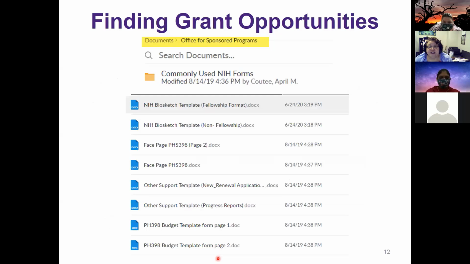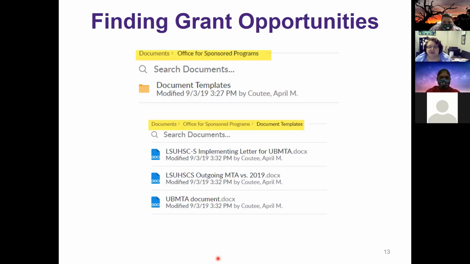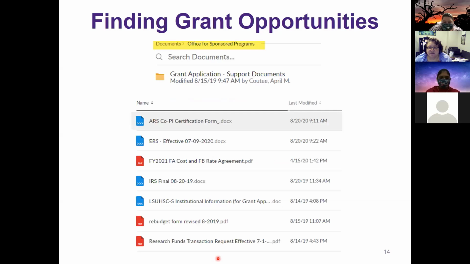The regular documents are commonly used NIH forms. There's your biosketch and your face page and all of the other things that every grant has in its document. They provide these here so that you can know what you have to write. Then there are also document templates located in here, as well as grant application